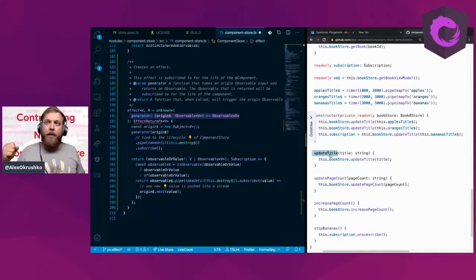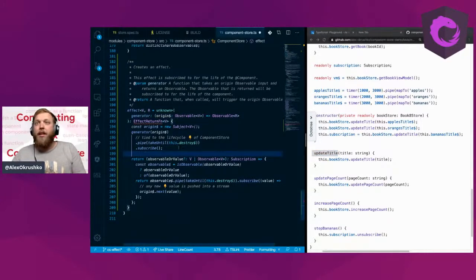pushed into that subject. And the problem with that approach is that you typically overlook those race conditions. So if that method on that service is called many times at the same time, for example, it's attached to the click event and somebody's clicking very impatiently, that would trigger multiple requests. And then we have no way of controlling that in a typical service with the subject approach. So having an effect is super important, and this is exactly where you control all those flattening strategies,